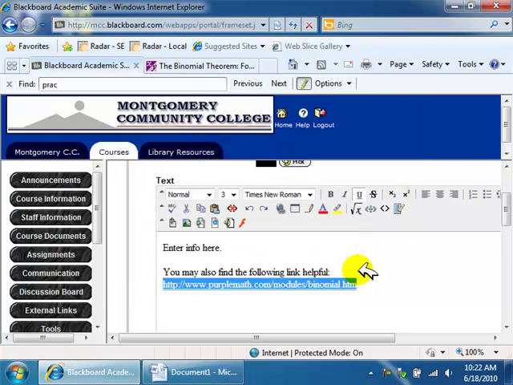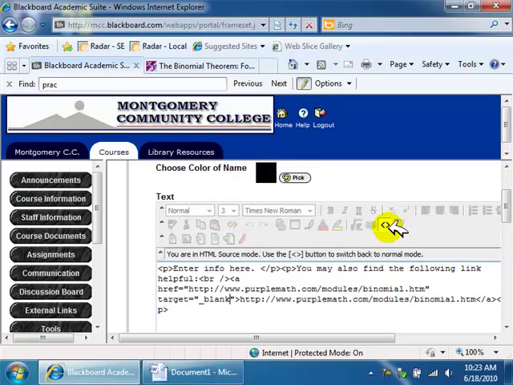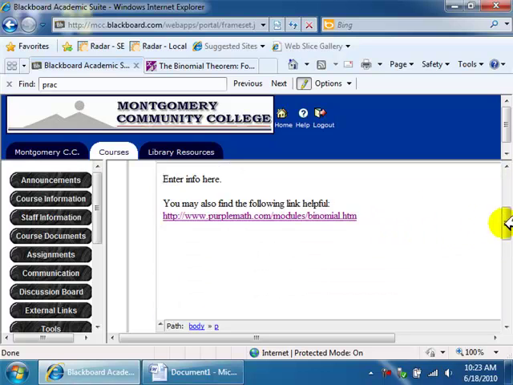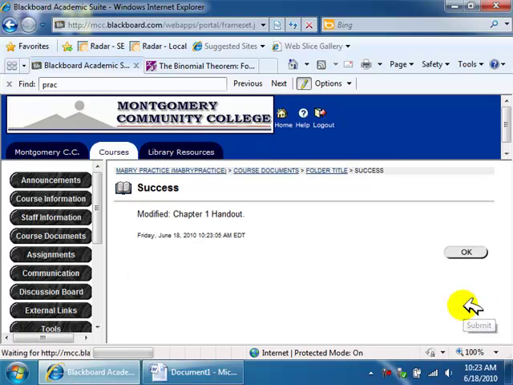If you hit Submit, now to verify that it will open in a new window, we are going to look at it in Code View, HTML Code View. And you can see that it put it in. We've got target equals new. Actually, that needs to be blank, underscore blank. So we're just going to edit the code very quickly, and then we will go back and get out of HTML View. So now, again, you can set availability or whatever, hit Submit,